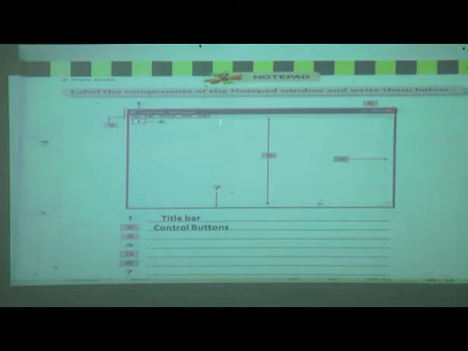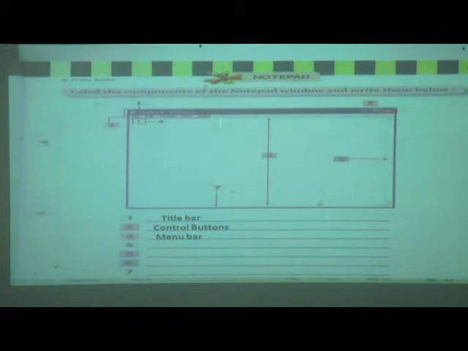Third one, menu bar, M-E-N-U, menu, B-A-R, bar. What do you call the fourth number?